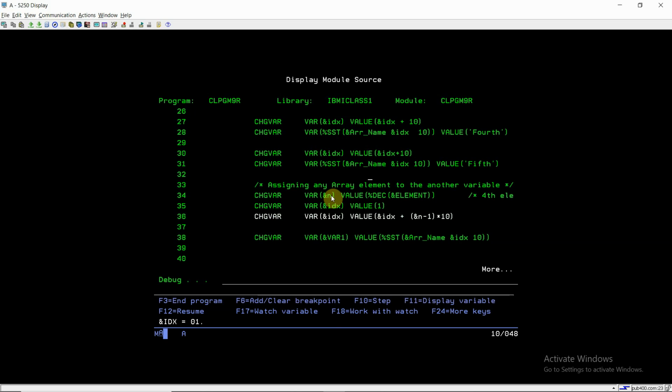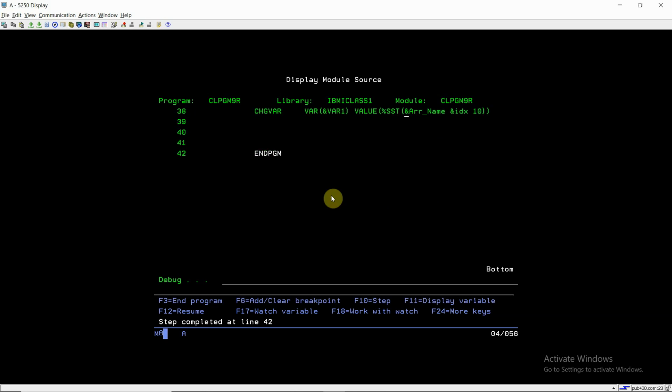I reset it to 1, then executed this formula: 1 plus n minus 1 into 10, where n is the fourth element. So IDX will become 31. Now I'll do the substring from the 31 position, length 10, from the array underscore name variable. So I'll be getting the fourth element of this array. The value is fourth, and I'm passing this value to the var1 variable.